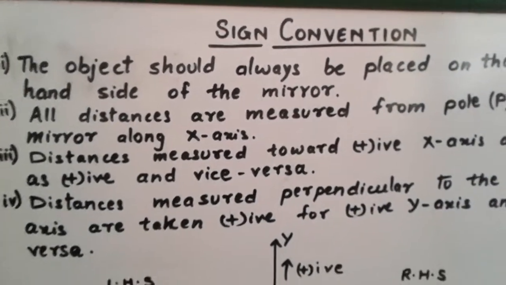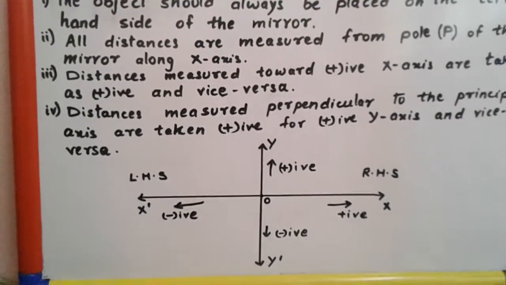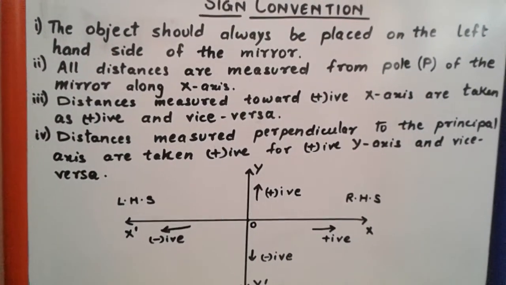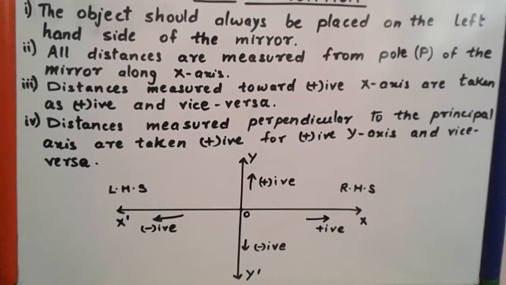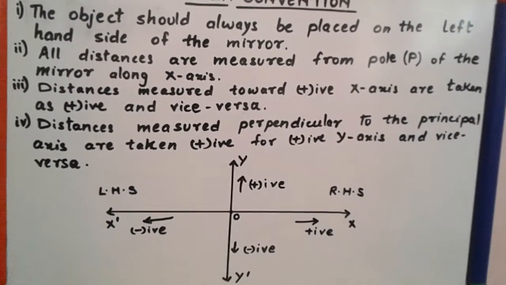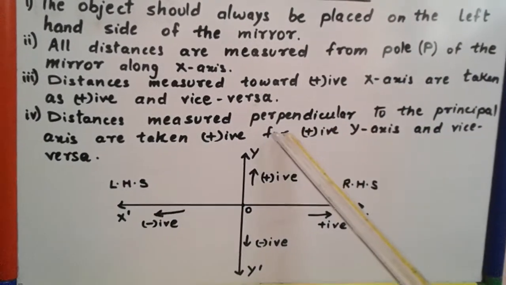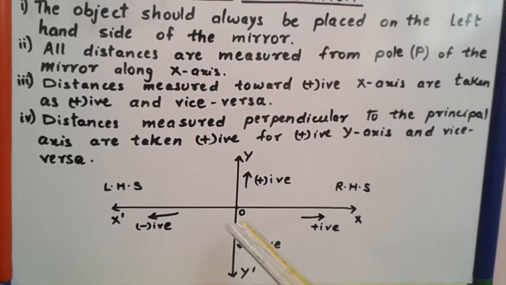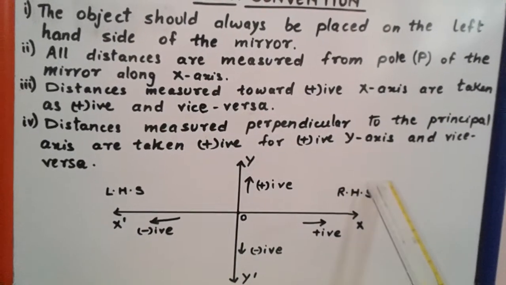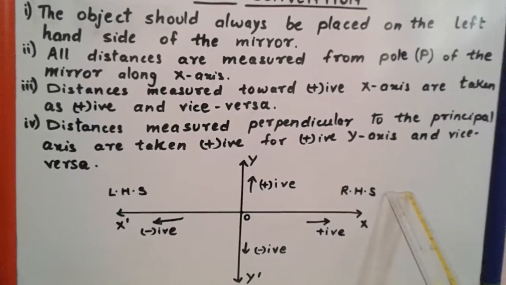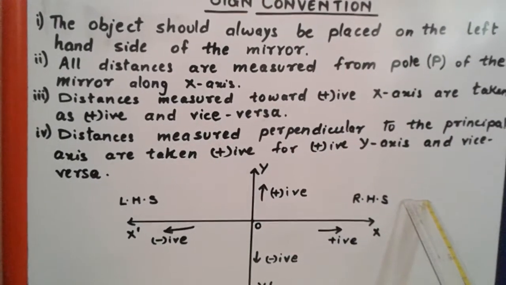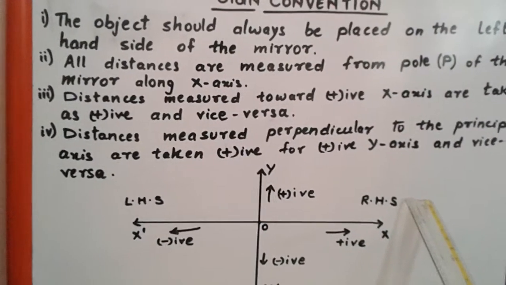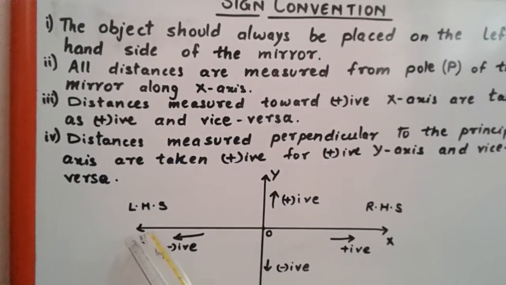Before that, I would like to show you this Cartesian coordinate system which is drawn. You can see that the positive x-axis, negative x-axis, positive y and negative y are drawn, and at the center 0 is marked. This side we take as the right hand side. That means if you face the Cartesian coordinate on your copy, then your right hand side is going to be your RHS and the left hand side is going to be your LHS.